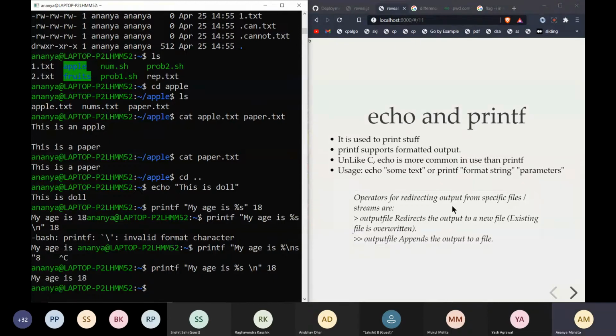Now, this is something special. So here I got my output: my age is 18. But I want this to be in a particular file. I want to write the output which is shown into a particular file. For that we have a very handy operator, the greater than sign, and then you can write your file name. Like if I do echo